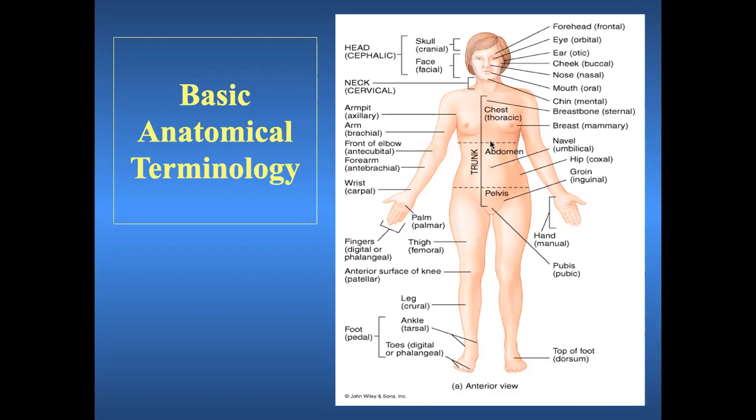From the thorax to the abdomen, there is a big muscle called the diaphragm, which separates the thoracic cage from the abdomen. What is the abdomen? The abdomen is the area present between the thoracic cage and the pelvis. In the abdomen, the main contents are the liver, stomach, and intestines, basically small and large intestine. Then we have kidneys, suprarenal glands, abdominal aorta, inferior vena cava, and so on. You can see these structures in the dissection hall, where you will be dissecting and looking at them in more detail.